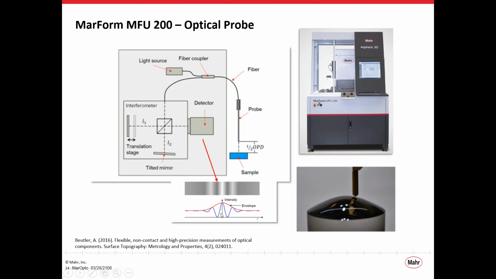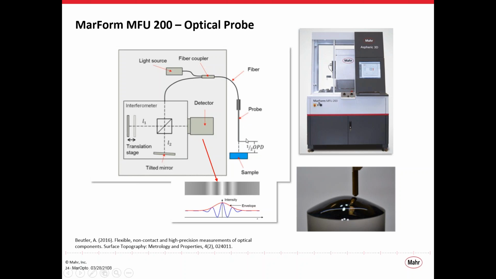If we plot the contrast of the signal with respect to wavelength, then we get a signal that we call a parallelogram. Now, the probe can be operated in one of two modes. In one mode, we try to keep the peak of that parallelogram in a particular position. So we change the distance from the probe to the surface to keep that peak at one position.